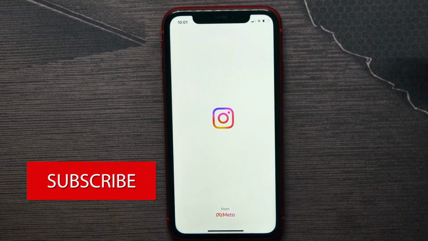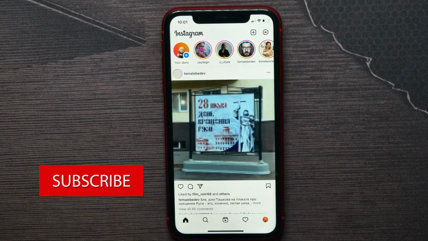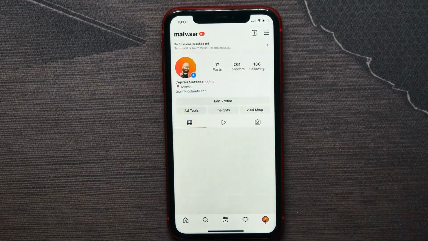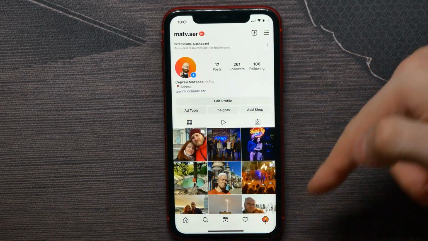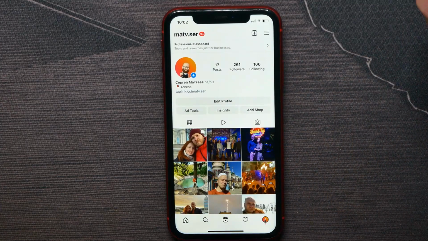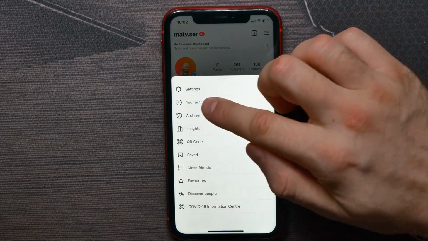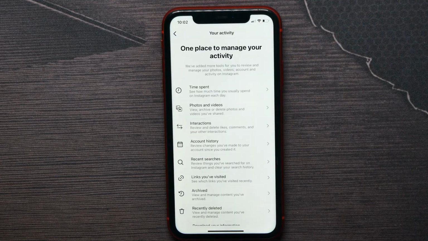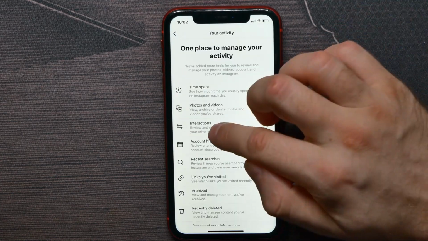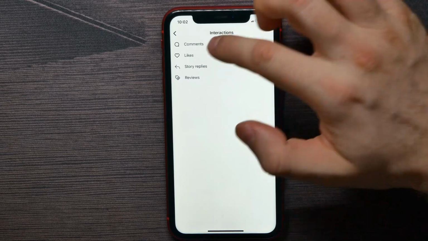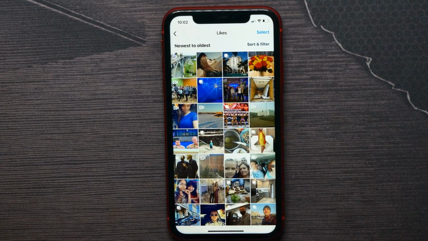First, start by opening up your Instagram app and there hit on your profile icon to open up your profile, and now there hit on that three lines icon and select your activity. Now here tap on interactions and there select likes, and on that page you get the list of posts that